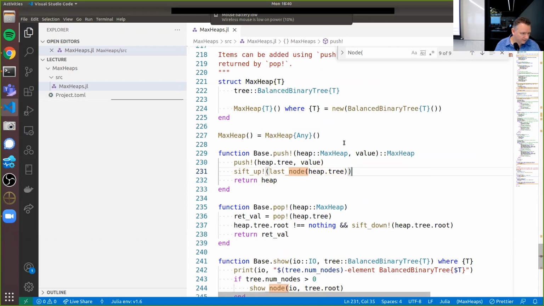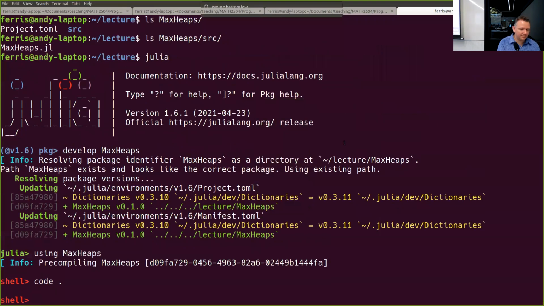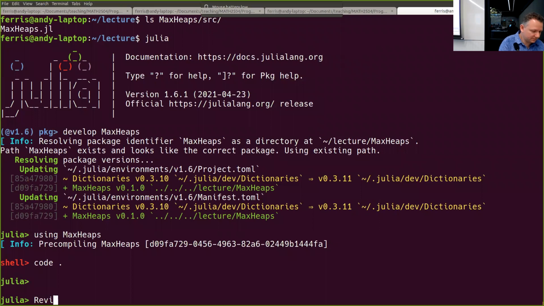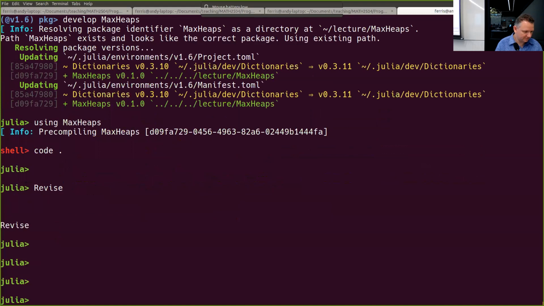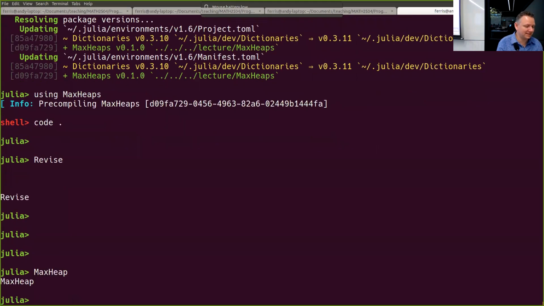Good. All right. Now I have installed on my computer a package called Revise. Oh, that's hilarious. So Revise is a package which watches the files on your computer for the packages you've already loaded, and it recompiles them for you as you edit it. So that pause I just had, where I was like, what the, was it actually compiling the code that I just gave it? Okay. So it even has an export now called max heap, because I'm using max heaps,